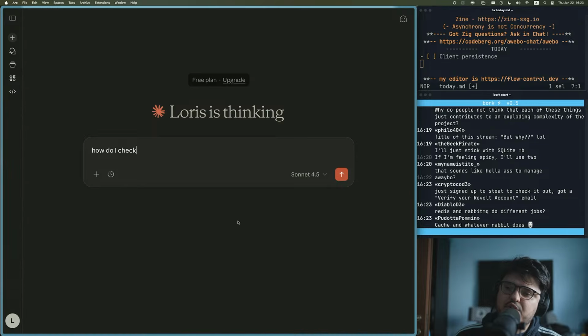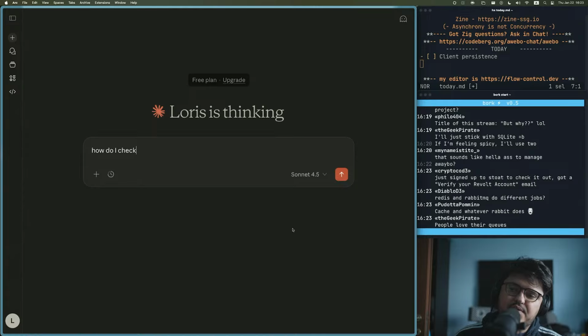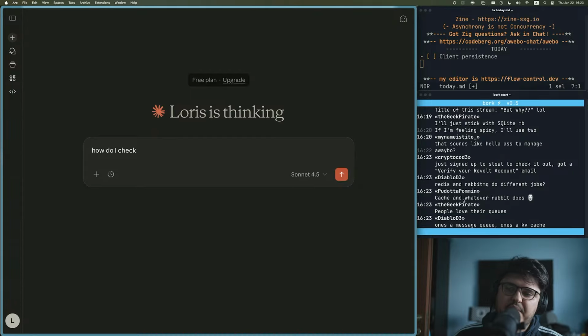Redis and RabbitMQ do different jobs. Yeah, they do, but they also overlap a lot. I mean, I'm guessing that that's why they do it. Like they're using them for different things. But RabbitMQ is messaging, but you can also do the messaging on Redis. So it's very likely that whatever task queue implementation,